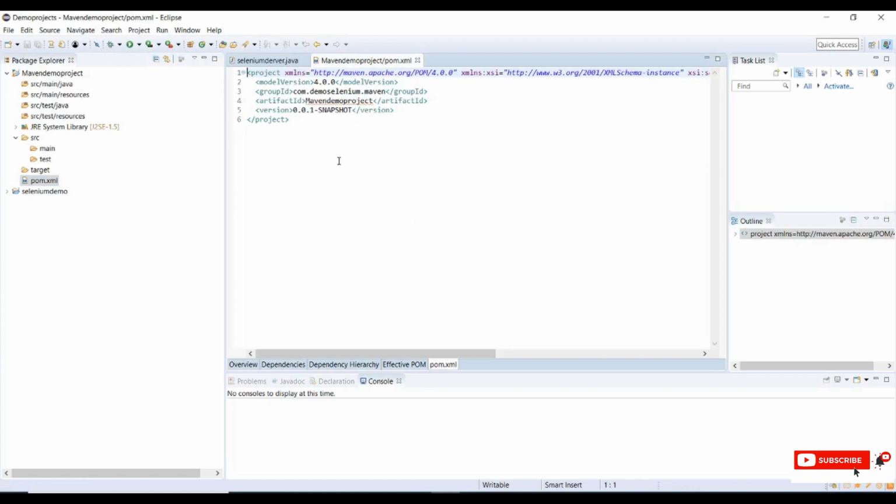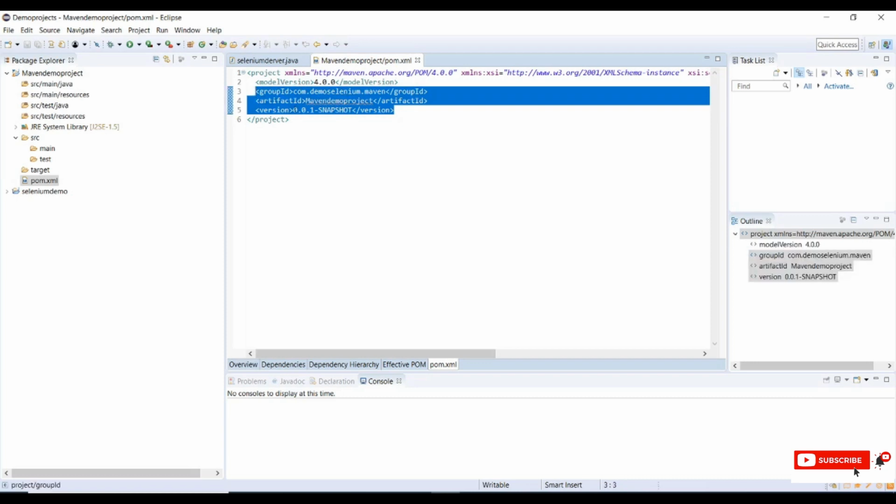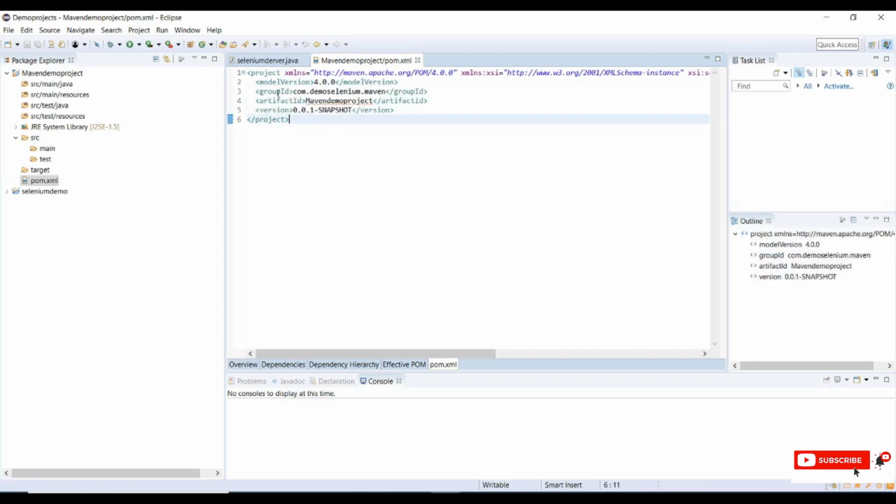Here we can see the Group ID, Artifact ID and version. The Group ID which we have given is com.demo.selenium.maven, Artifact ID as Maven demo project, and version as 0.0.1 snapshot.